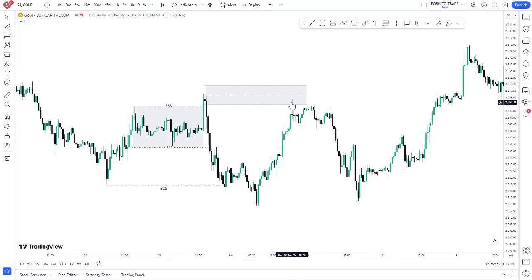Now, you see how price comes back nicely after the initiation to the downside. You see how price reversed, mitigates this particular level. What did I say about this mitigation? At first, you see how institutions push massively to the upside, making sure that the liquidity at these highs was swept. So at this point, they entered multiple buy positions. Now their buy positions were open when they moved aggressively to the downside.